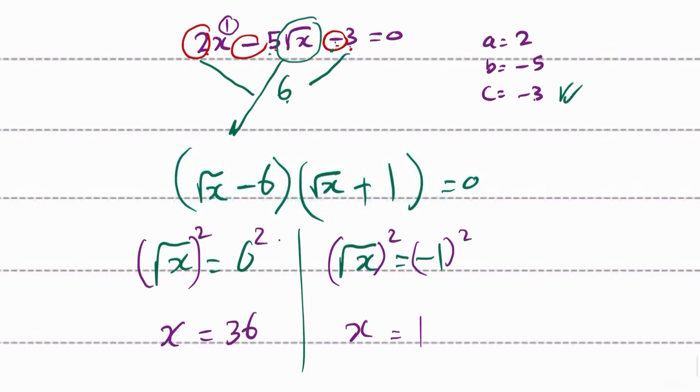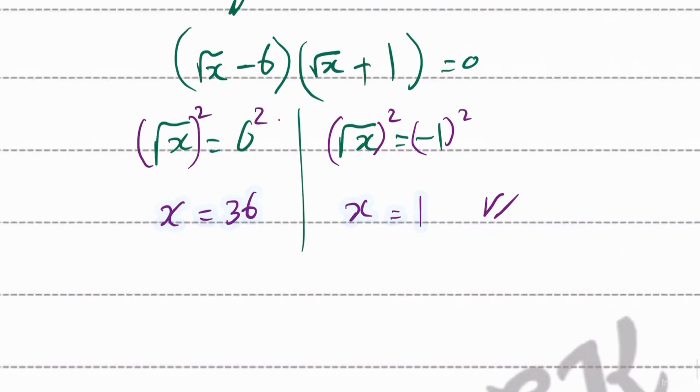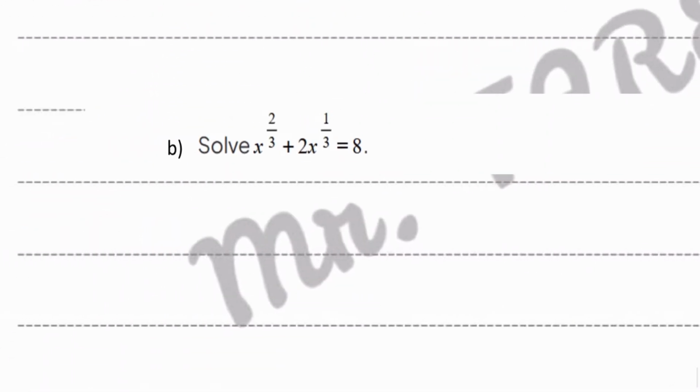So the final answer we have is 136, and this is the perfect answer. Let's move on to another exercise. Here we have x to the power 2 over 3 plus 2x to the power 1 over 3 is equal to 8. First of all, you need to transfer 8 here. So we come up with x to the power 2 over 3 plus 2x to the power 1 over 3 minus 8, which is equal to